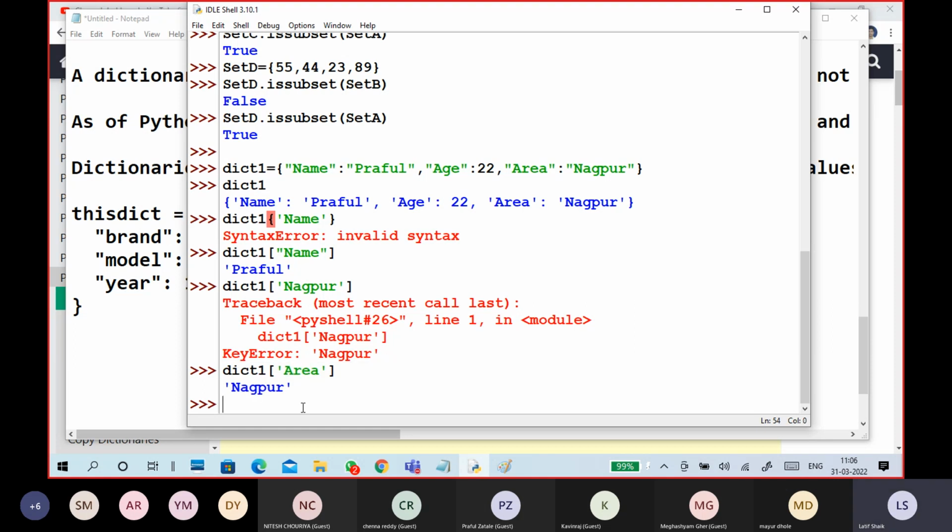This is key values. And what are the keys? Also, you can try dot. So there are copy, from keys, get, items, keys, pop item, set default, update, values like this. First I will go to keys.